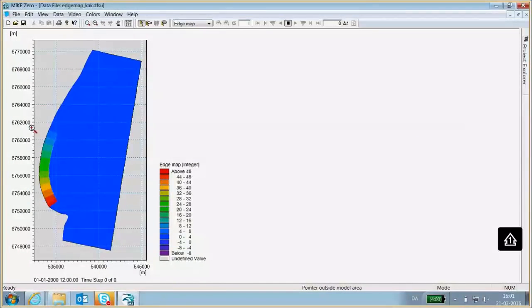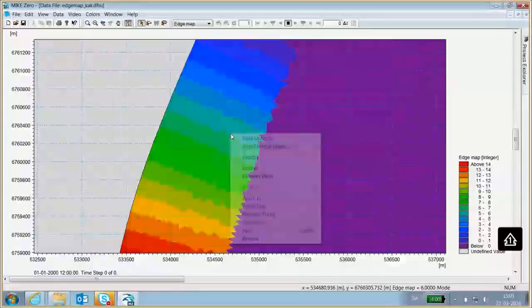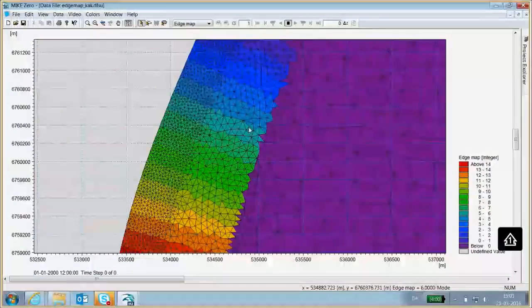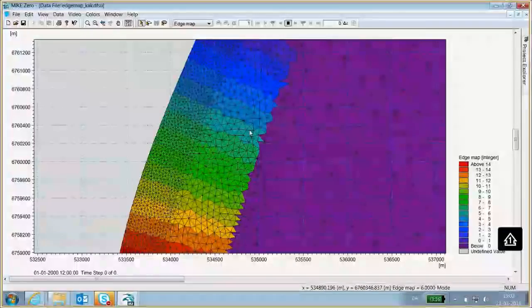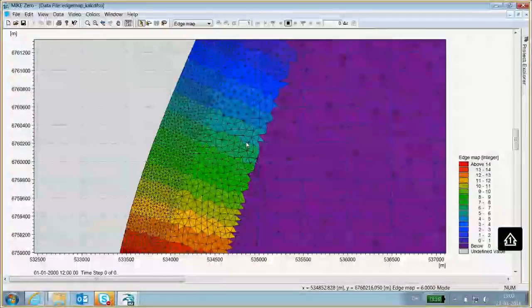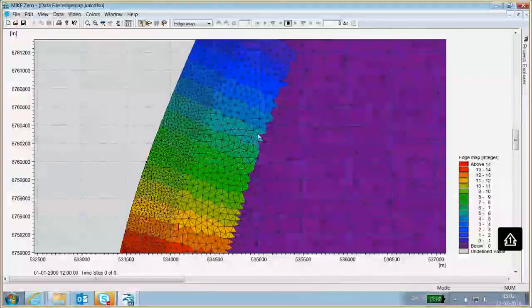Well, first of all, it's a good idea to check that we do have a number of cells or mesh elements next to each other along these strips of shore face here. So we don't want to have only one cell, one element, and one element.